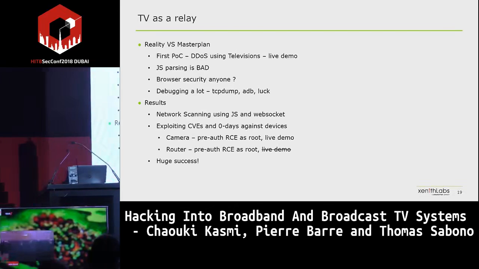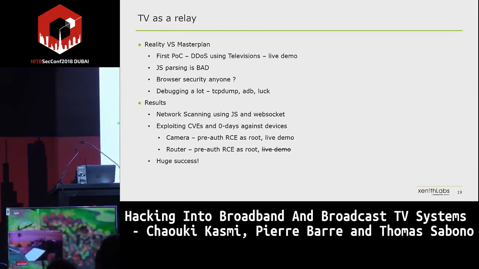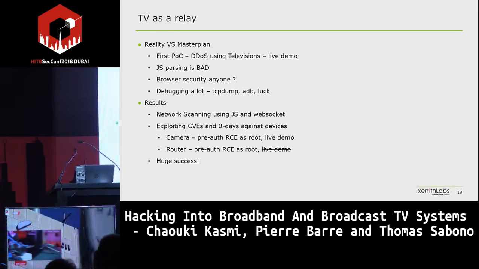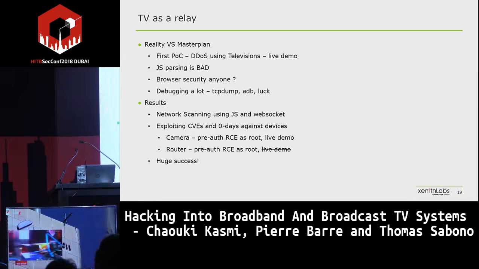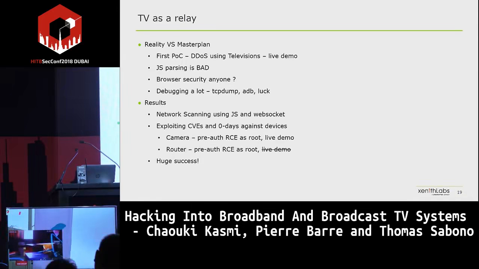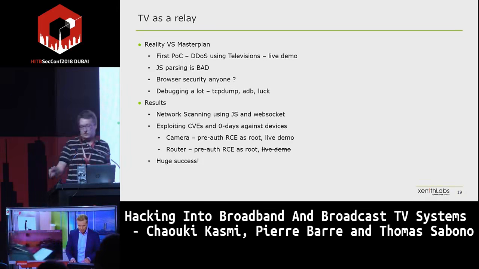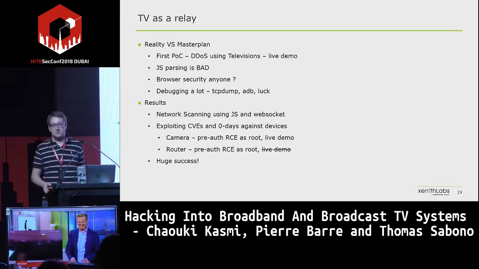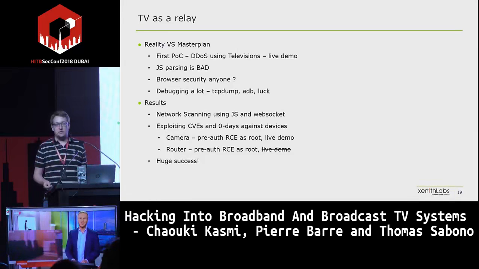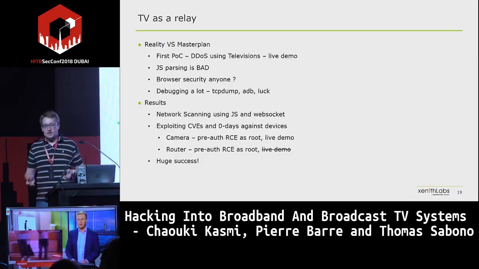And it works. So basically how it works, we are sending the signal, then the television is sending a specific request to the camera abusing a specific vulnerability, which allows us to get remote code execution. Normally it's completely silent.